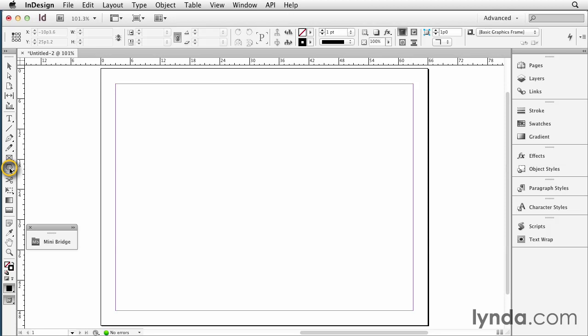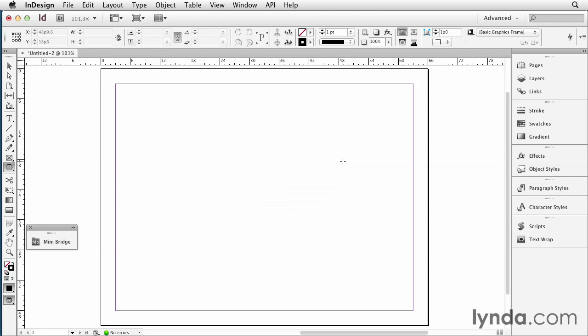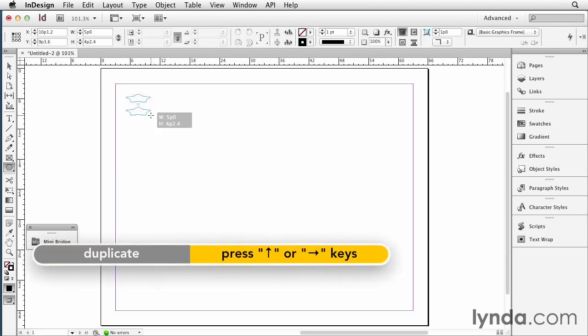Here's the polygon tool, and I'm going to double click to make sure I have my settings for a star. Yes. Let's say that I want to make 50 stars. So I start dragging out one. As you're dragging out any shape in InDesign CS6 and 5.5, you can tap the up arrow or the right arrow to duplicate that item that you're dragging